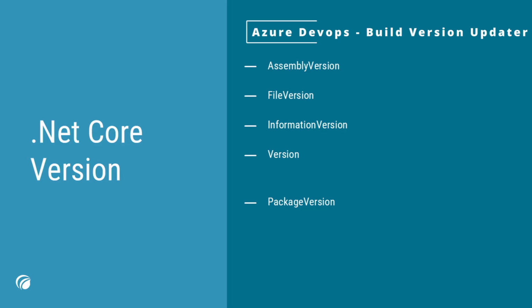In .NET Core, in the CS file, we have 4 different kinds of version elements. The assembly version controls the runtime binding. This is the version which is used between .NET libraries. If, for instance, your library is looking for version 1.2.6.0, this is the assembly version that it defines. It is not required. If it's not present, it will take the version element, and if that one is not present, it will fall back to